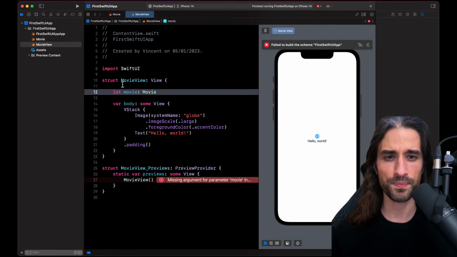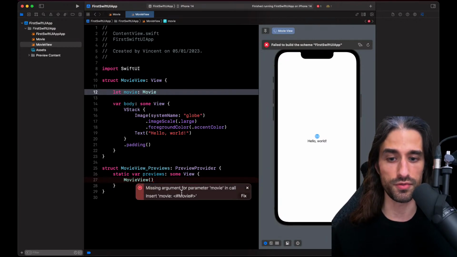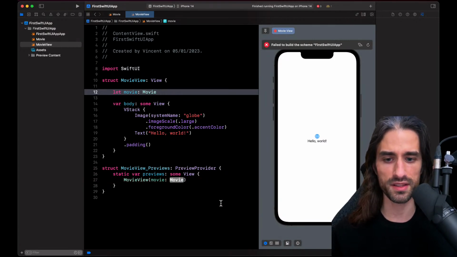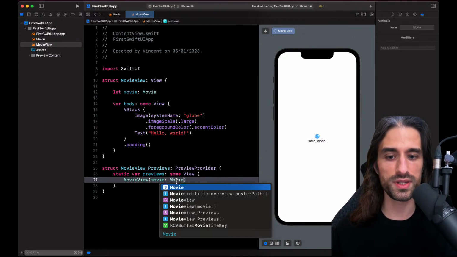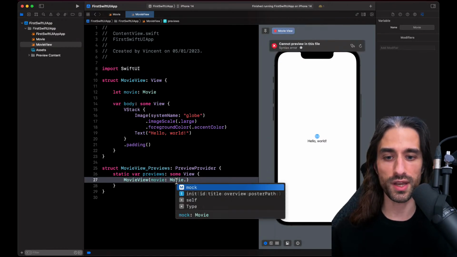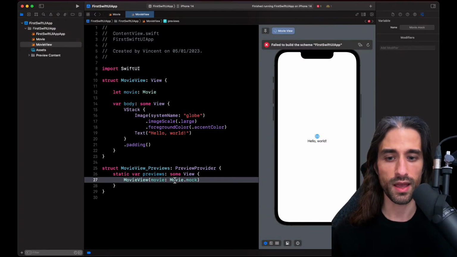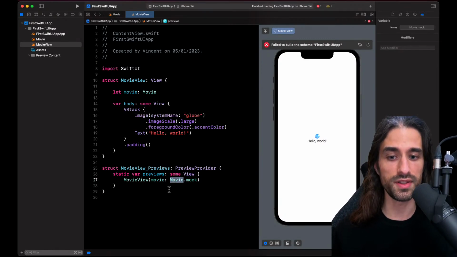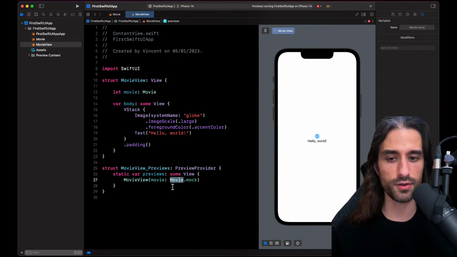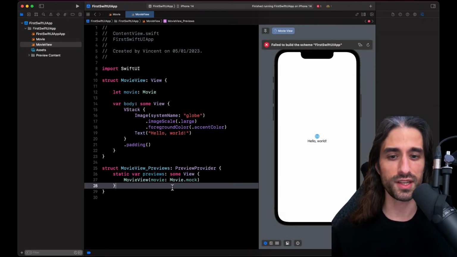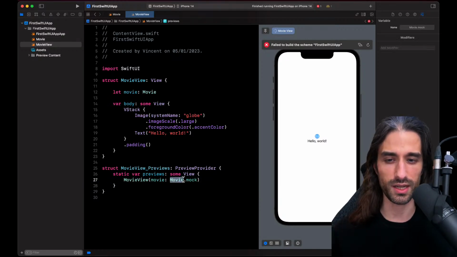That value doesn't change. So you can see as soon as I've made that change, I have a compilation error in my preview because I am missing the argument for the parameter movie. So let's add that argument. And what value do I pass for the movie? I'm going to pass my mock movie. So I do it by calling the static property on the type Movie, like that. I can actually even omit the name of the type because the compiler is able to infer it. I'm just going to leave it for now so that it's very clear, but later for the next occurrence, I will no longer be mentioning the type.